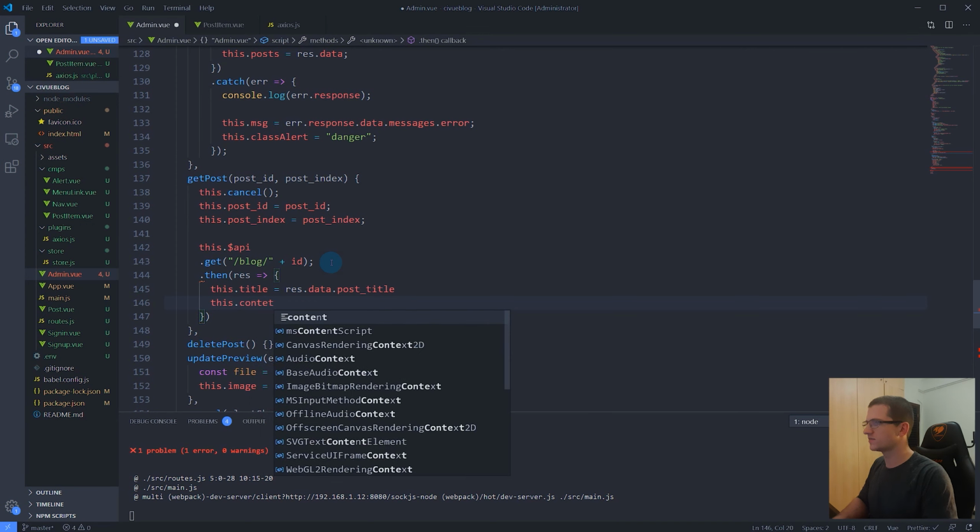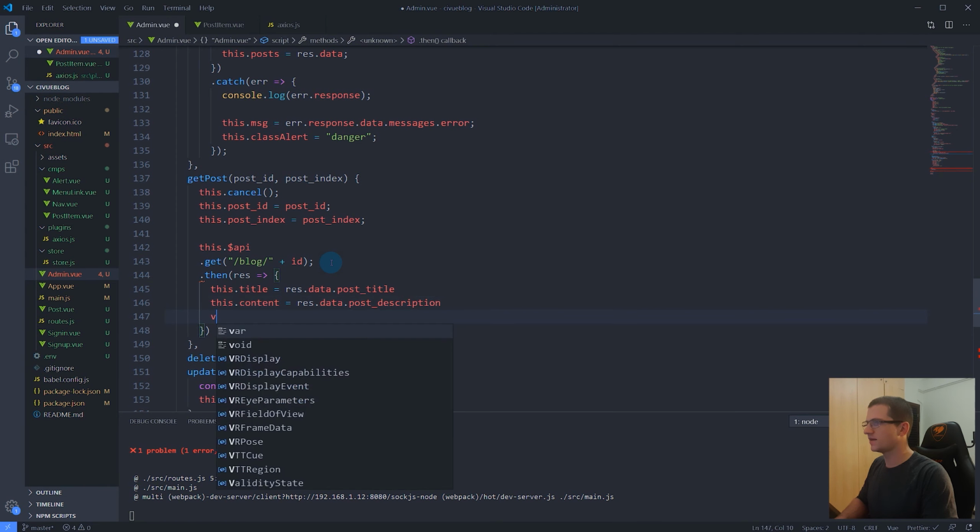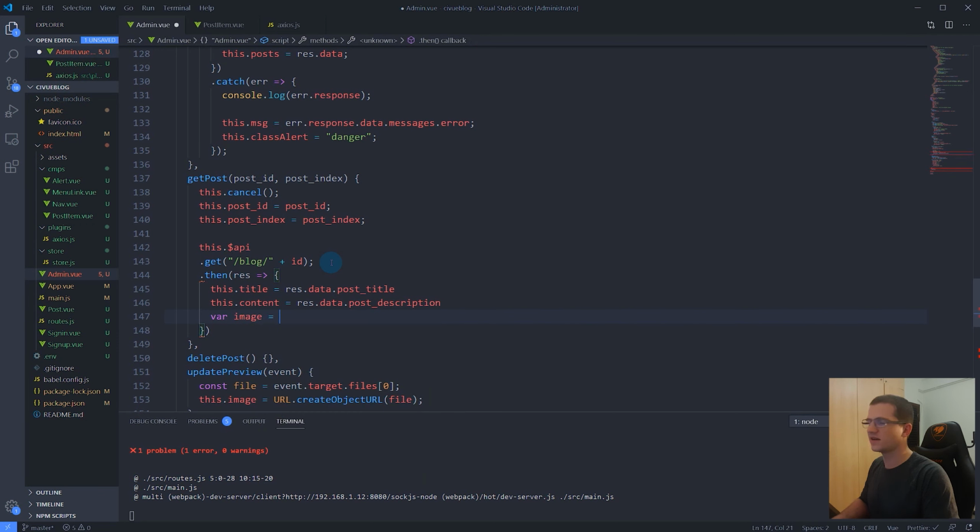So the content equals res data post description, and let's create a var image, because we will run our tests now that if the image is a valid image or if it's empty. So let's store it in a variable. We say res data post, I think it is a post featured image,